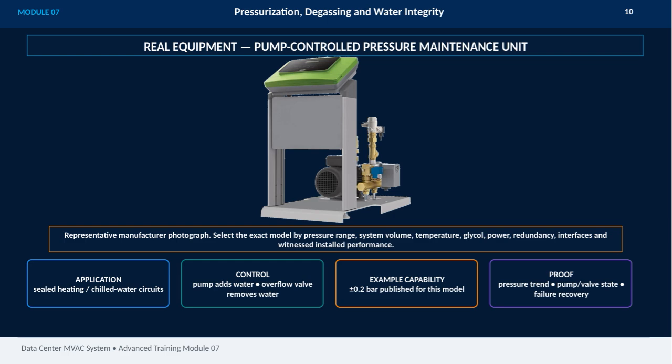maintain balance. One standout feature is its precise capability, with a pressure tolerance of plus or minus 0.2 bar for this model. To ensure reliability, it provides continuous proof through monitoring pressure trends, the state of the pump and valve, and failure recovery processes. When selecting a unit like this, it's important to consider the pressure range, system volume, temperature, glycol content, power supply, redundancy, interfaces, and verified installed performance to make sure you get the right fit for your